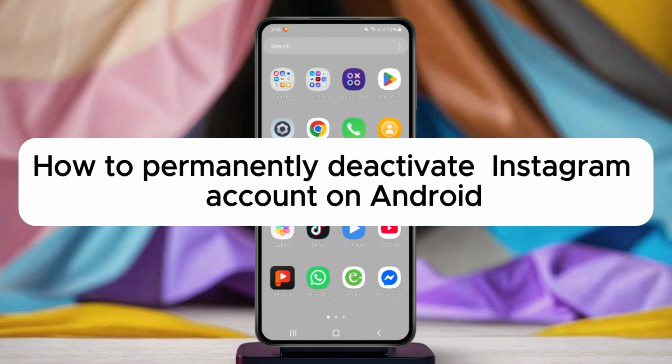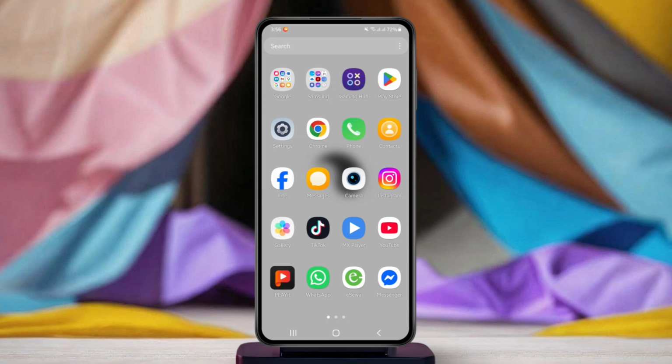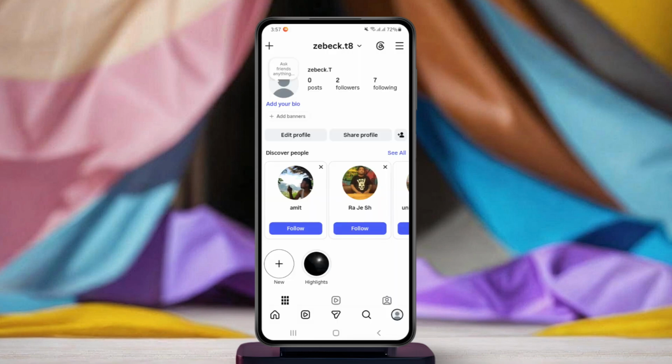How to permanently deactivate your Instagram account on Android. The process is simple, and I'll guide you through each step. So let's get started. First, open the Instagram app on Android and make sure you're signed into the account you